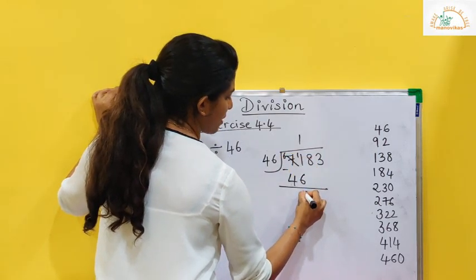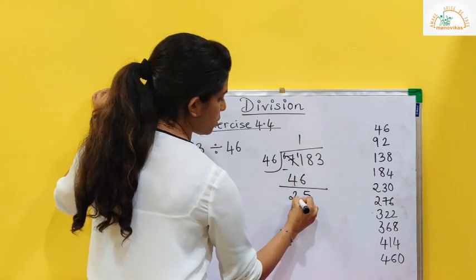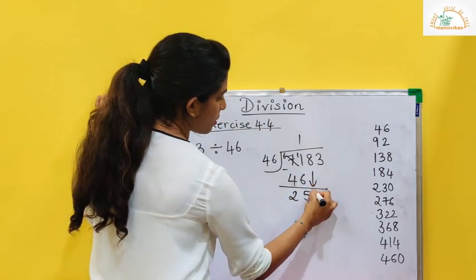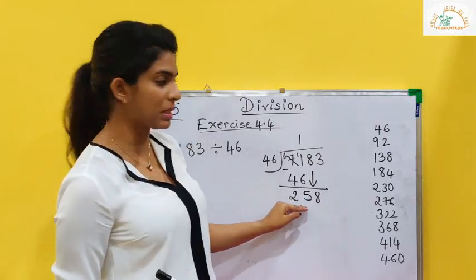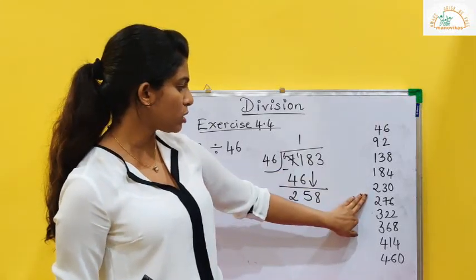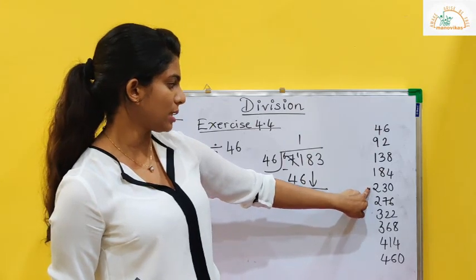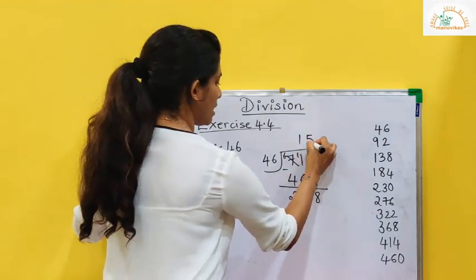11 minus 6 is 5. 6 minus 4 is 2. Now I bring down 8 and we have to see which number is closer to 258. Here, can you tell me which number is closer? It is 230. So 46 5s are